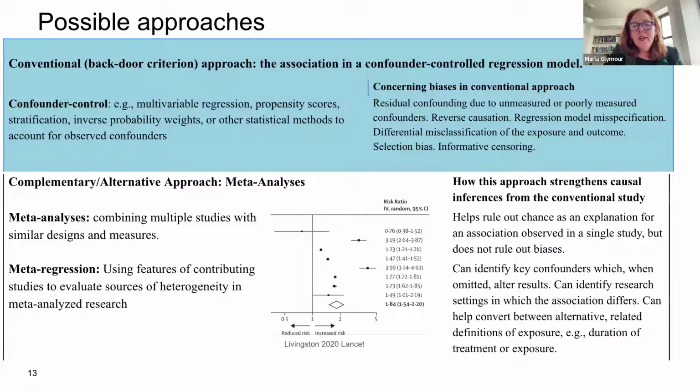The question is, do they draw a DAG and try to control and check the backdoor criterion, or is it just a metaphor for saying they try to control for confounders? They try to control for confounders. There are certainly some studies that use DAGs and articulate the DAGs, but in general, no. In general, people are just controlling for confounders.